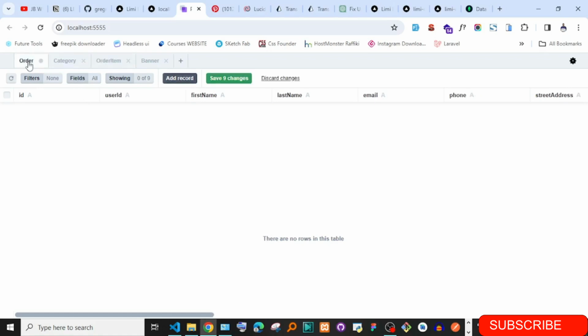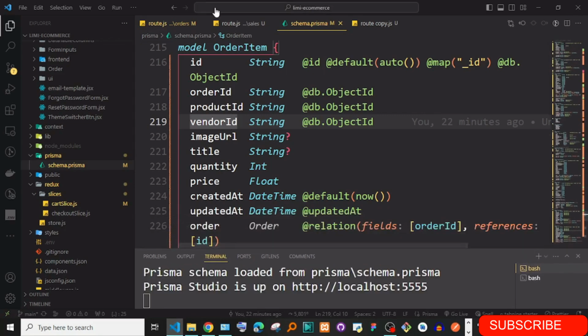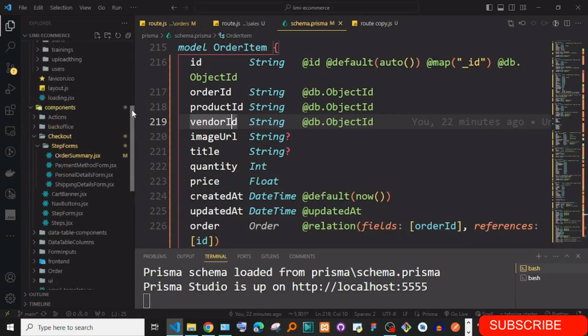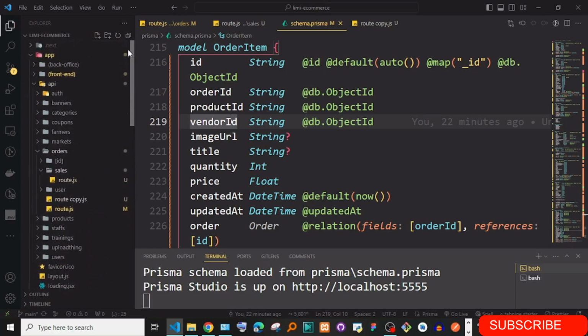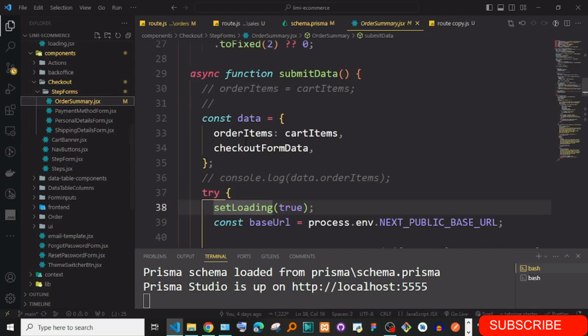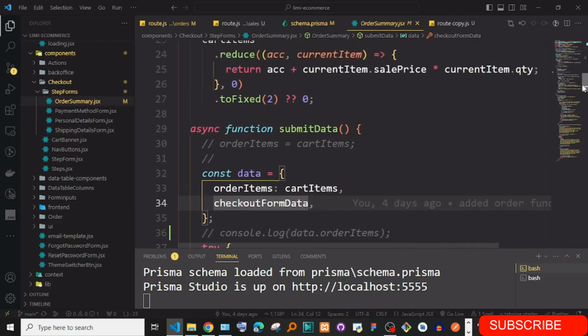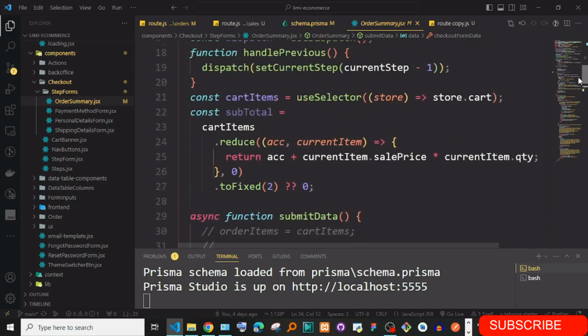So if I just go to order, actually not category, just if I go to the order, I should be able to delete all the orders. And this one is missing the order ID, we should make sure in our, we could just go to this component. If you check in the order summary, those instances whereby we don't have the